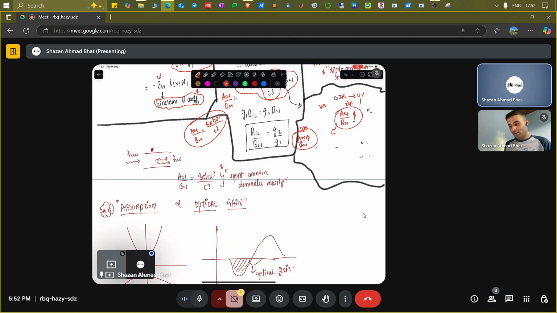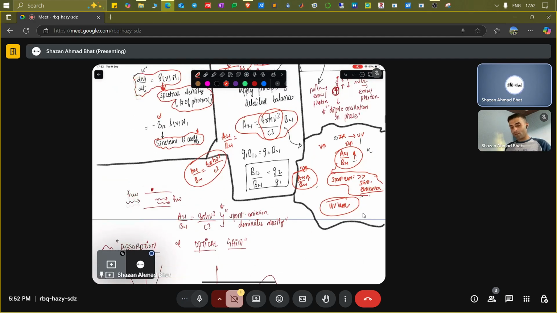That means you have more probability of spontaneous emission. The spontaneous emission probability becomes huge compared to that of the stimulated emission. So that is why it is very difficult to make a UV laser, because in those systems,